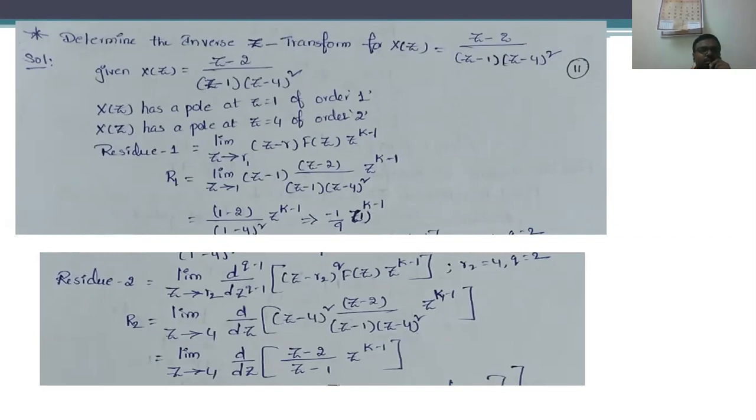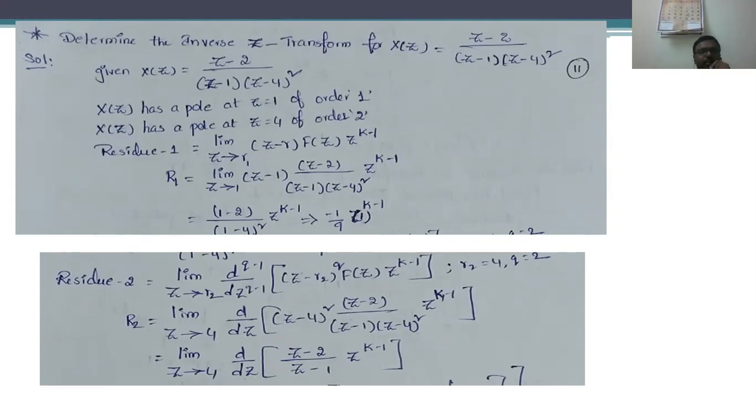In order to apply the inverse Z transform, we are going to apply the residue method. This residue method is very easy and simple. Why? Because there is no need of remembering the formulas regarding the Z transforms. Just calculate the residues and add them, depending upon the number of poles we have. That is the basic advantage of the residue method.